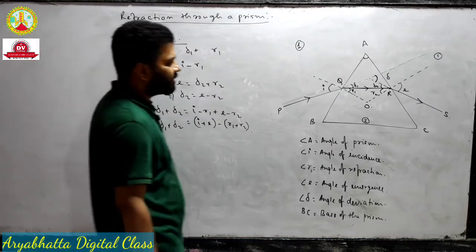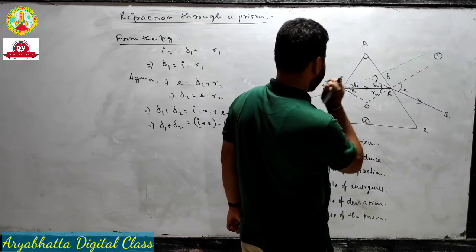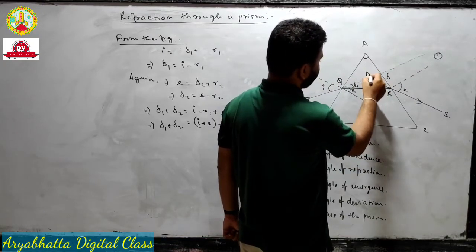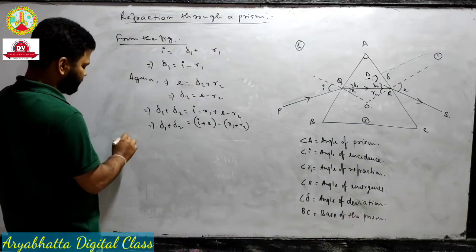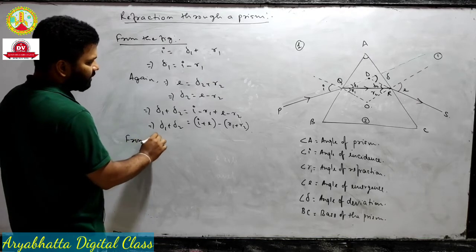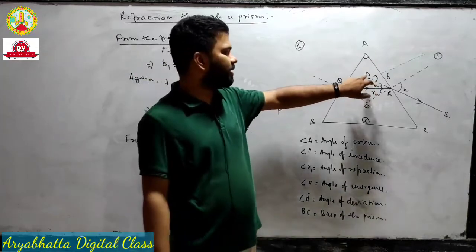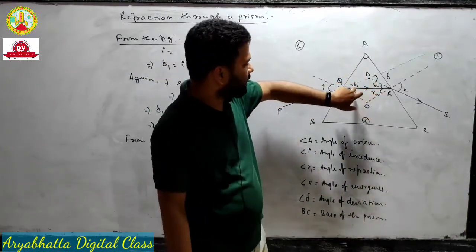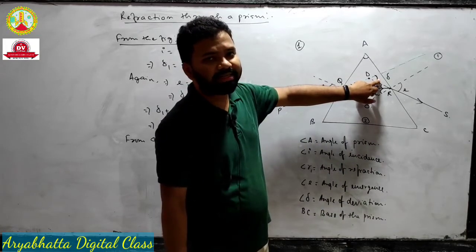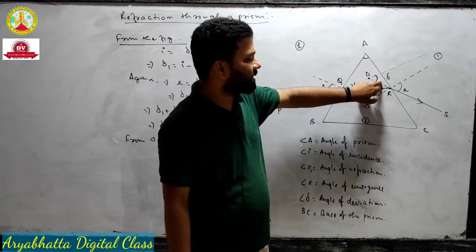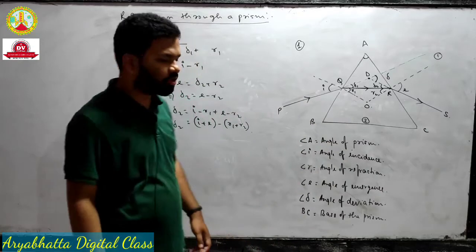Okay. Now you look at this one. This is QRS, na? This point is suppose D. From triangle DQR, you look at this triangle DQR. Delta 1 and delta 2 are interior angles and delta is the exterior angle, and we know that an exterior angle is equal to the sum of the interior angles. That you already got in geometry.